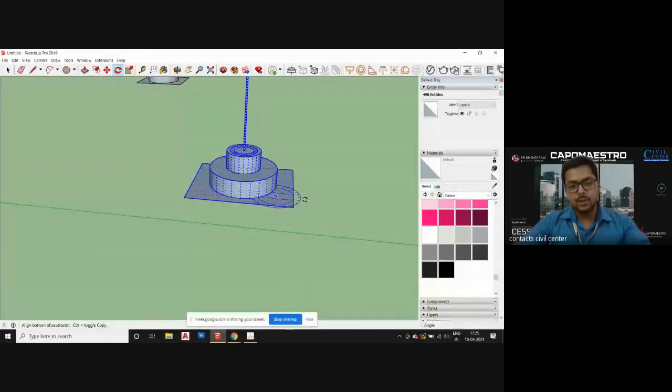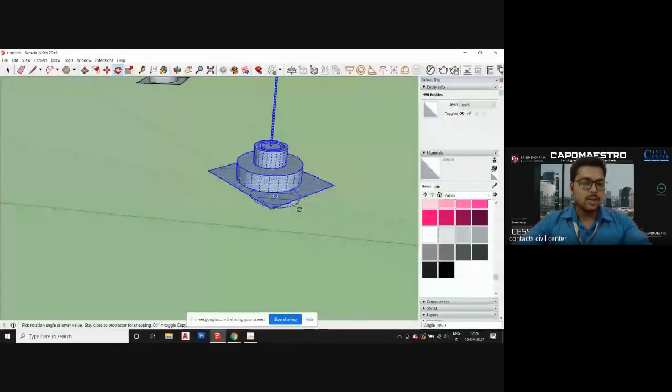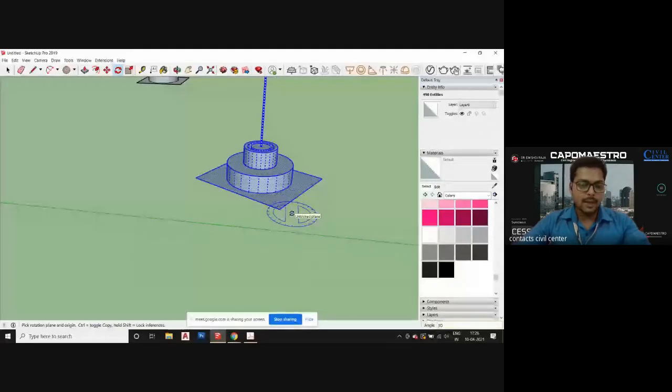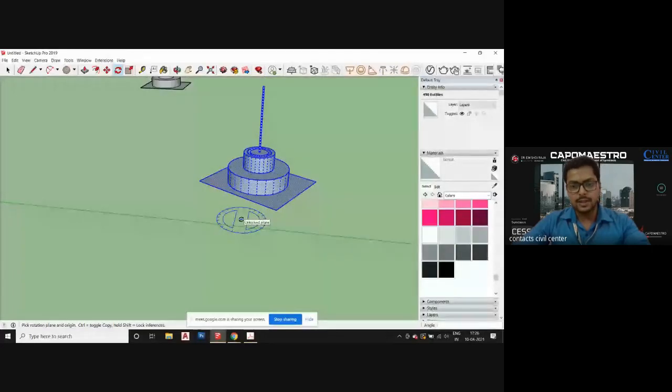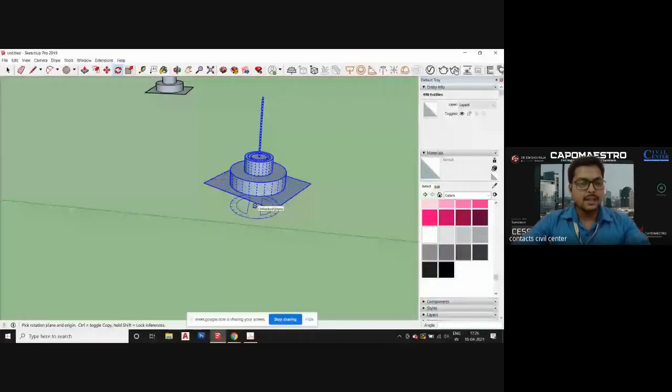So as I've already told you that here we are going to call these axis as the red, green and blue axis. Okay, so we can simply rotate it. So let's rotate it by 30 degrees. So you will have to first select the object, then set the first point and then enter the value. If you have any particular angle, if you just want to rotate it freely, you can simply scroll your mouse and you will get to know in which direction you want to set the whole object. Then we have the next tool, that is the scale tool with us.